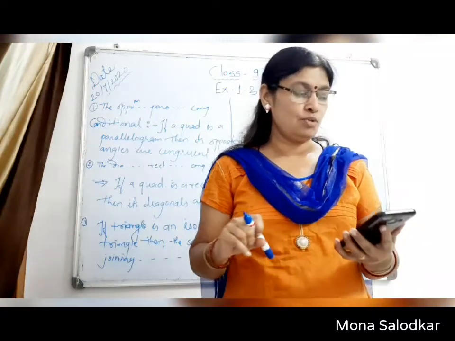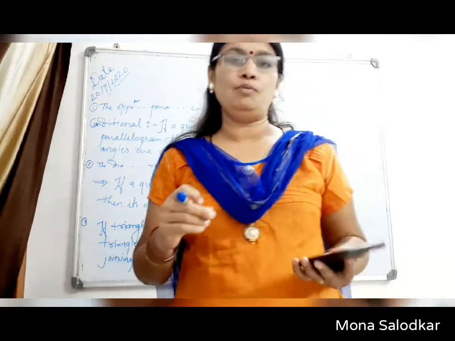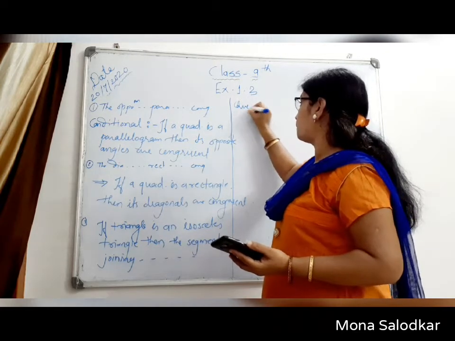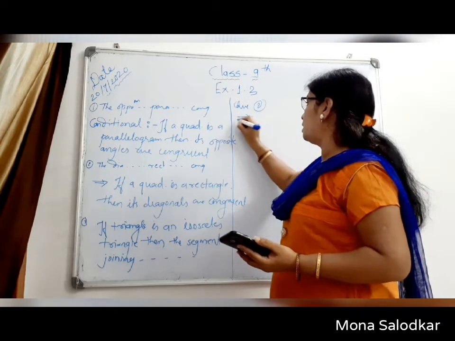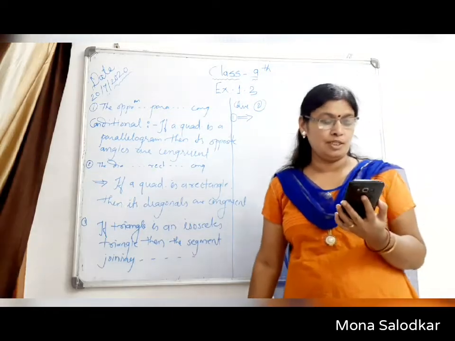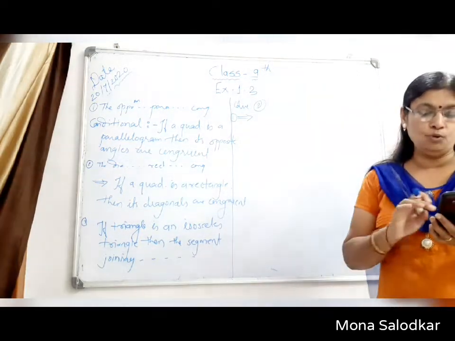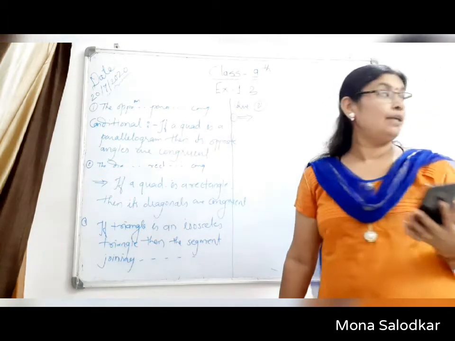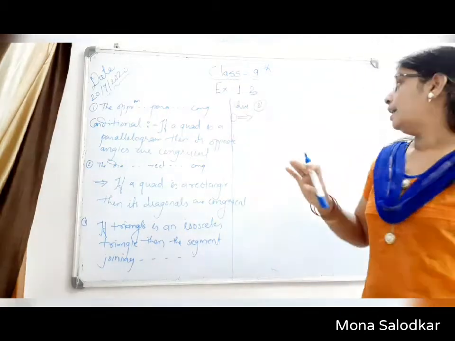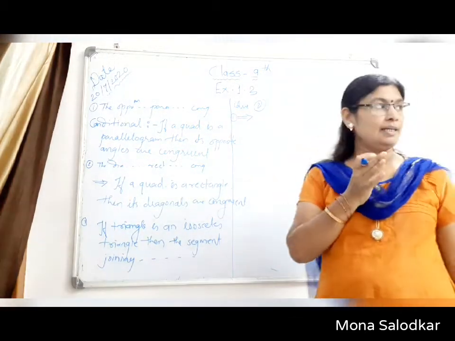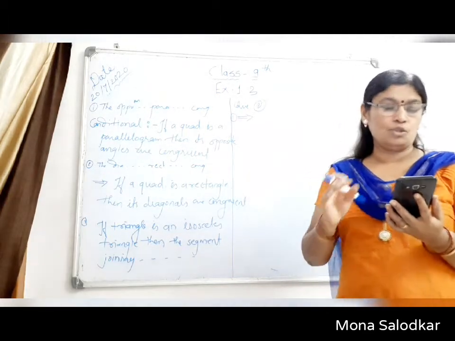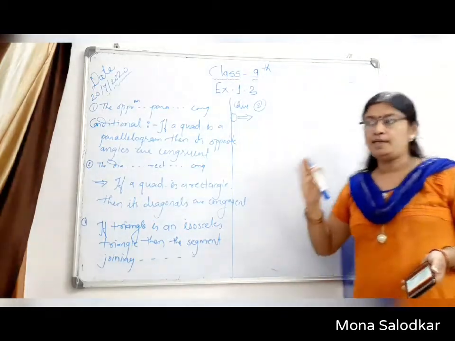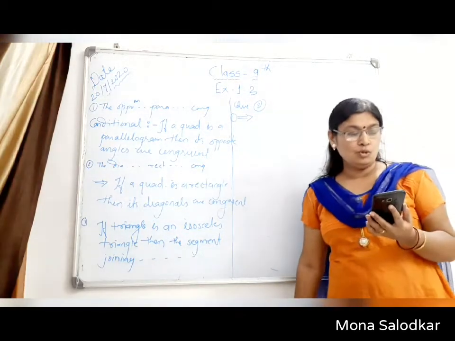Now see the second question, students. What is second question? Write the converse of the following statements. Question number 2. What you have to write down? Converse of the following statement. Now see here what is the first? The alternate angles formed by two parallel lines and their transversals are congruent. Means parallel lines are given and then alternate angles are congruent. If parallel lines are there, then alternate angles are congruent. So what you have to write down? Here you have to write down the converse, means take antecedent as a consequent part and consequent as a antecedent part.